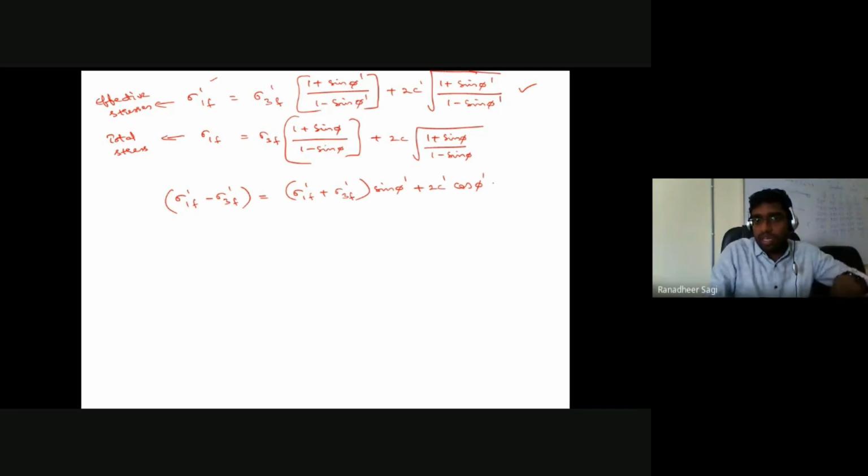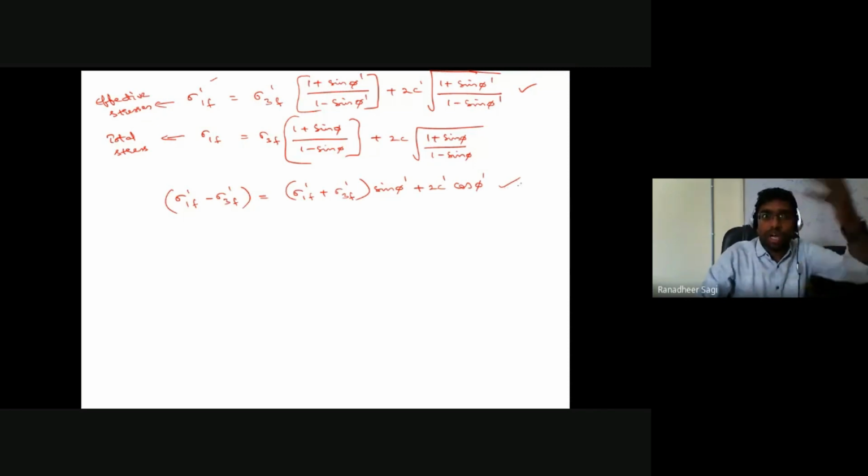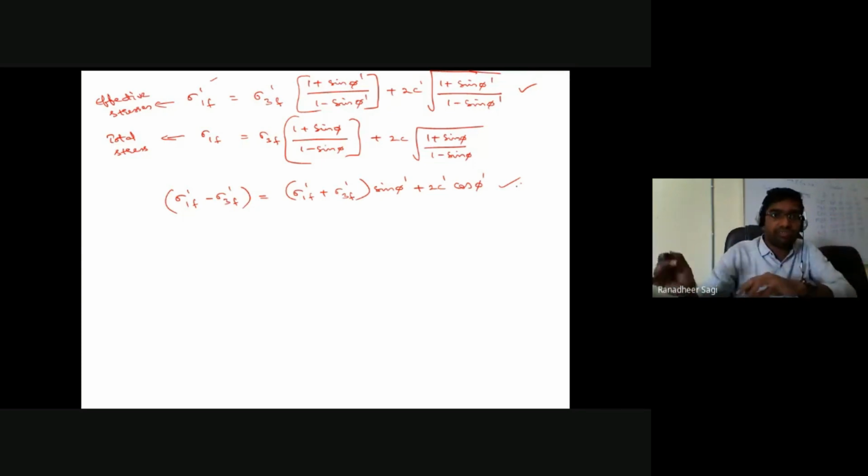This expression I am not trying to derive as anything new. When you started from your Mohr circle construction and wrote down those relations, there itself you had this particular relation. I am not writing anything new here. Upon simplifying this expression only, you got your expression for sigma 1 dash at failure in terms of sigma 3 dash at failure, or you can write sigma 3 dash at failure in terms of sigma 1 dash at failure. So the same thing I am trying to use.